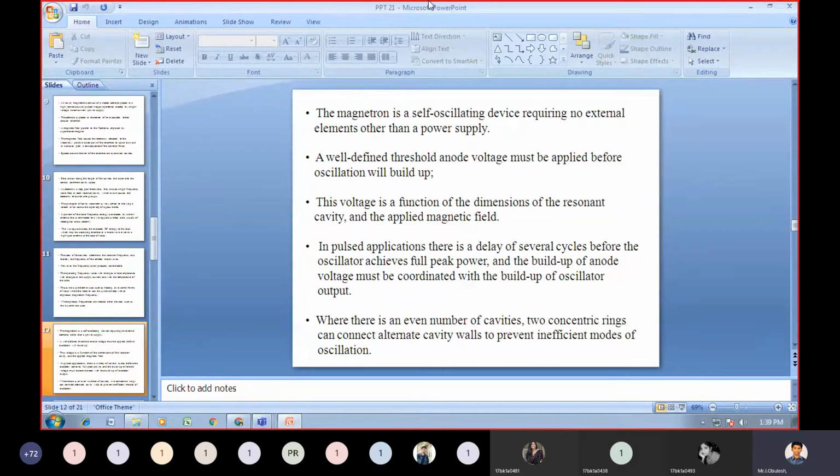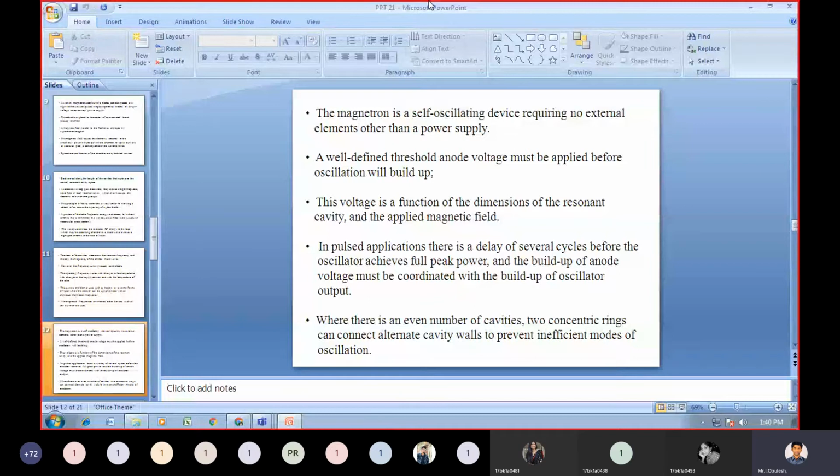Where there is an even number of cavities,